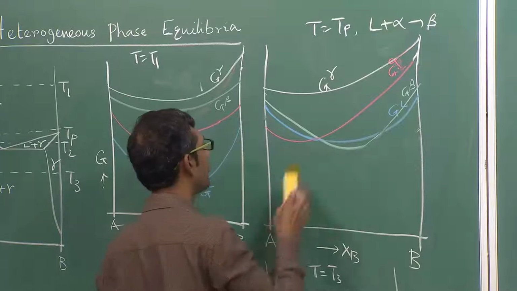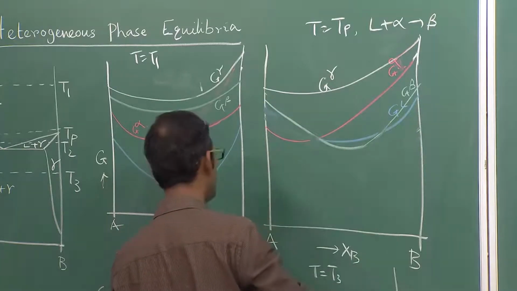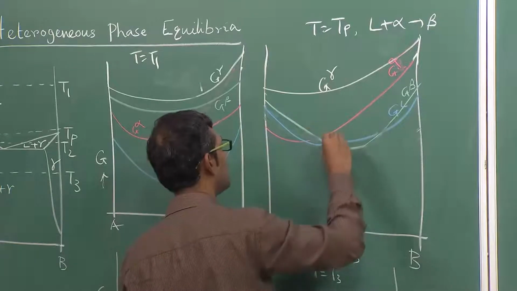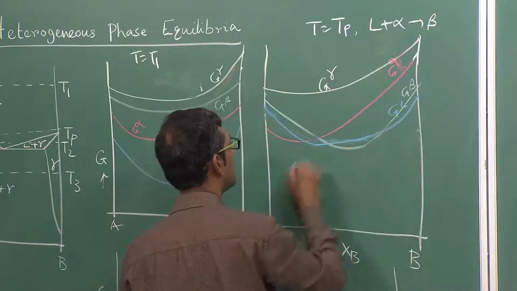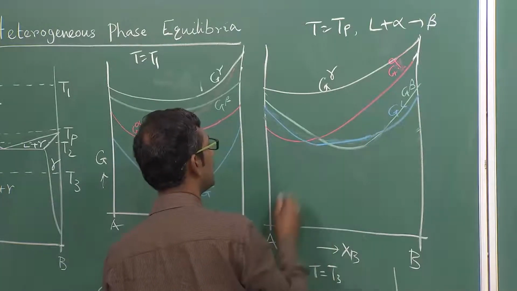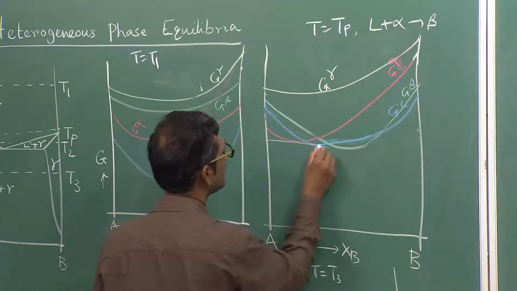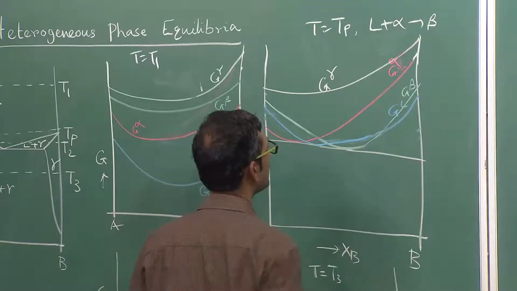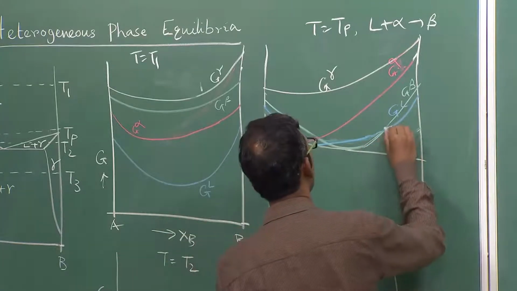Still it is not proper, so we have to bring it down a little bit. So I draw a common tangent between these 3 curves here, and I draw a tangent here between beta